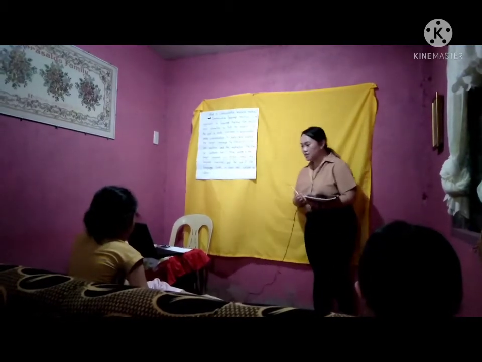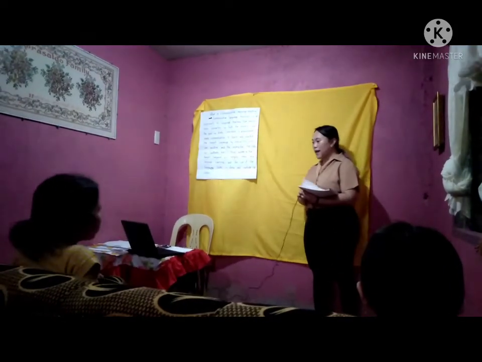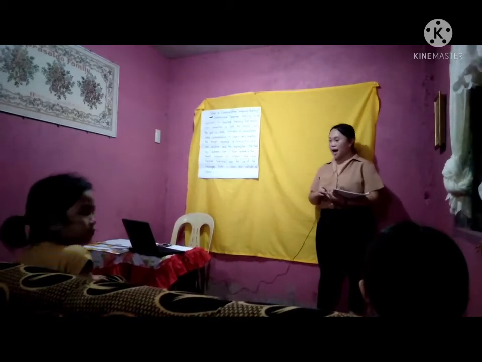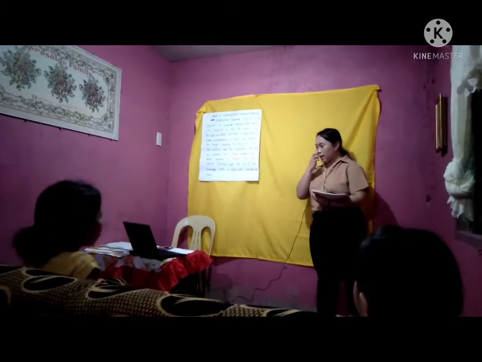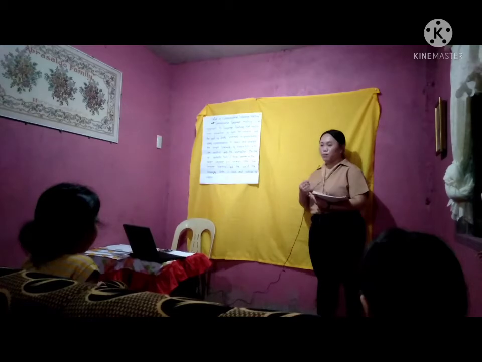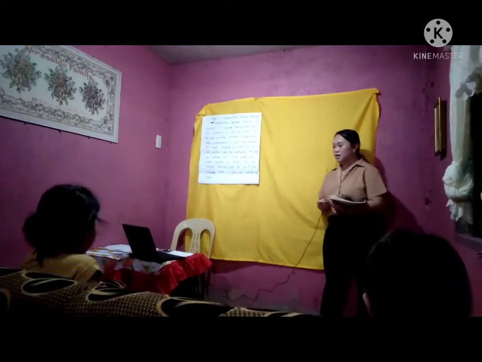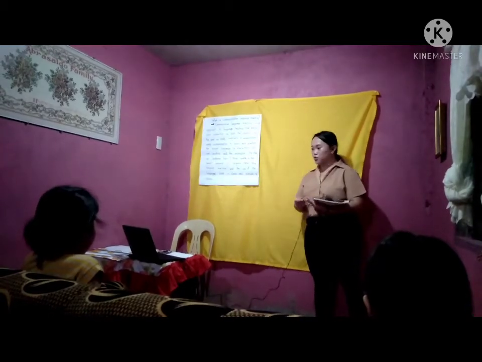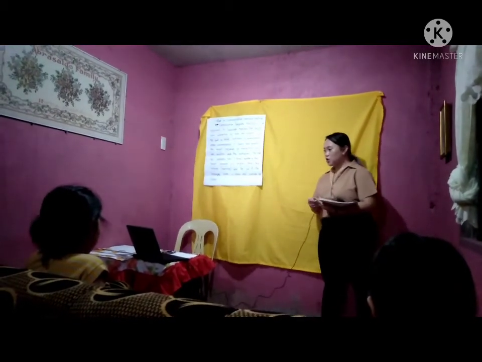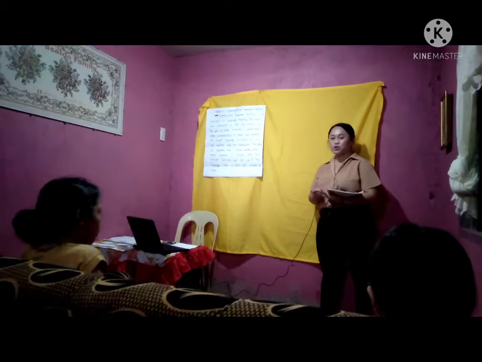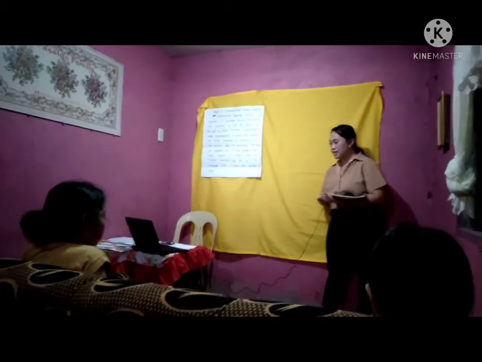And seven is the ultimate goal of language learning is to be able to use the new language both accurately and fluently. And eight is learners develop their own routes to language learning, progress at different rates, and have different needs and